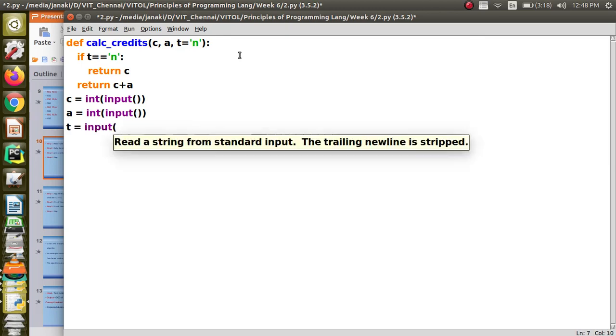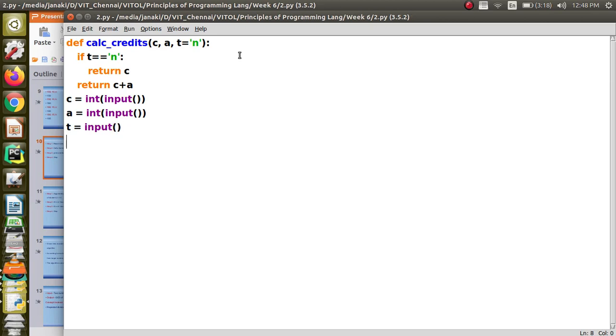I am not converting it to integer because I am going to treat it as either N or H, okay. And then if T is equal to N, then we are going to only pass 2 arguments. It is sufficient to pass 2 arguments because the third one by default will be N, okay.